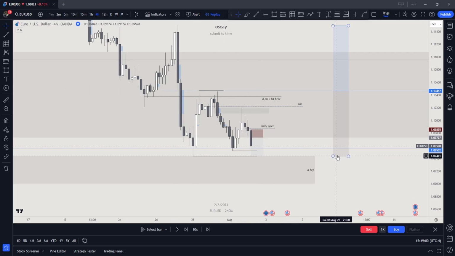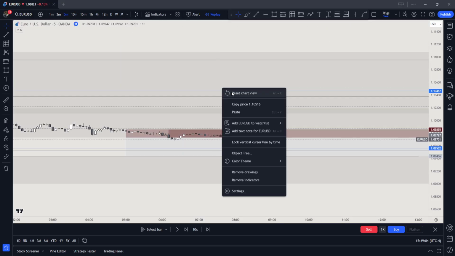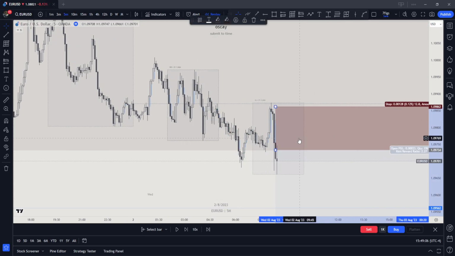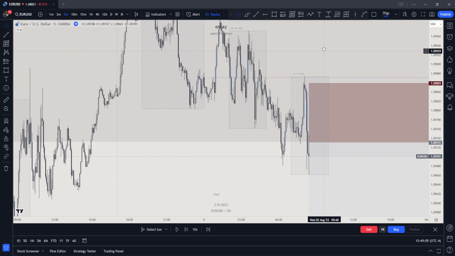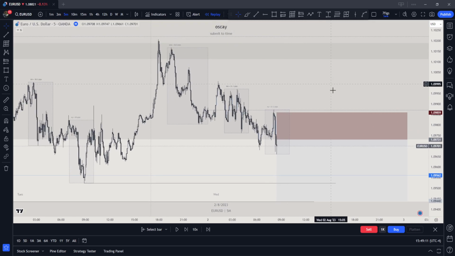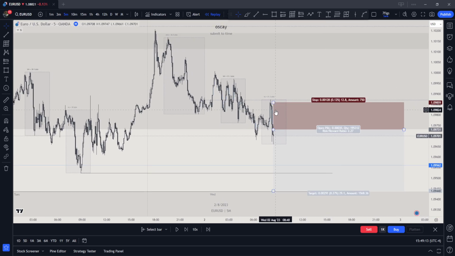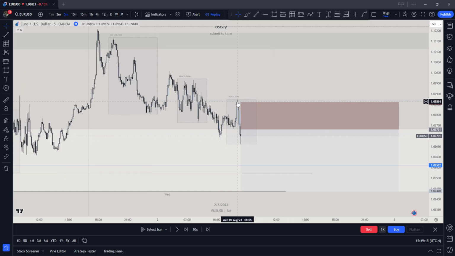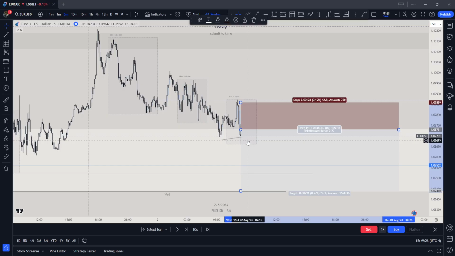Guys, let's see. What I like is that we have a unicorn at a key time, and it is New York continuation sells. Let's see the news. 8:15 was the news. So this right here was the news. So it swept this, the news, failed to come back up, left a balanced price range.